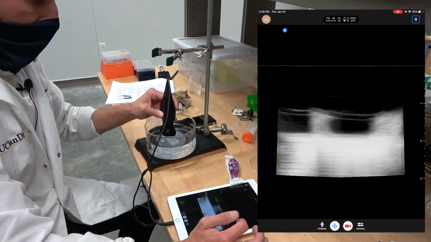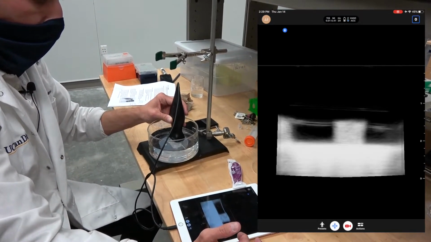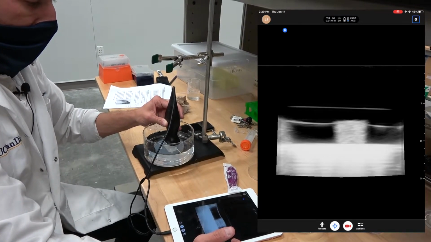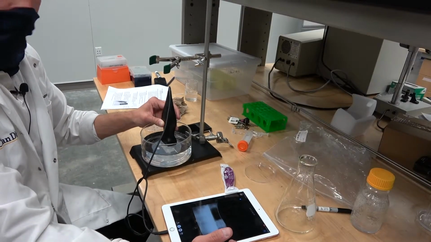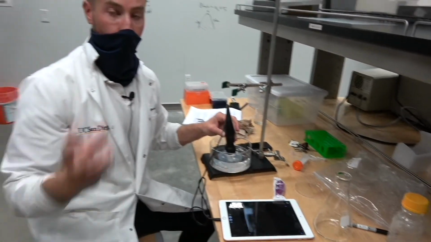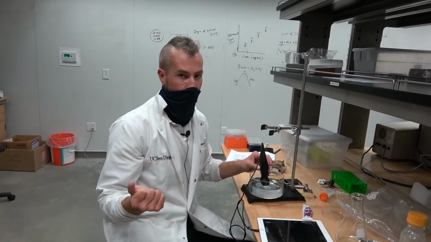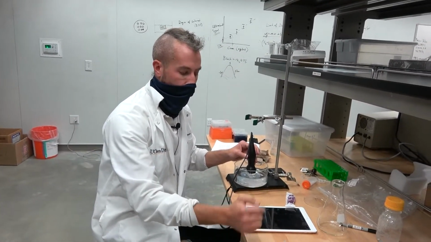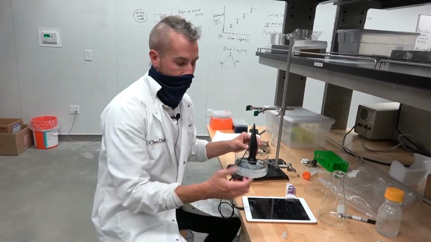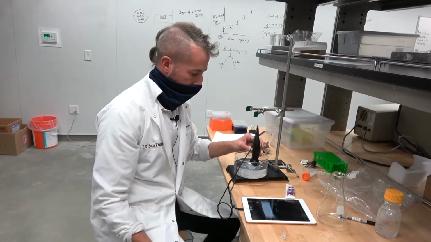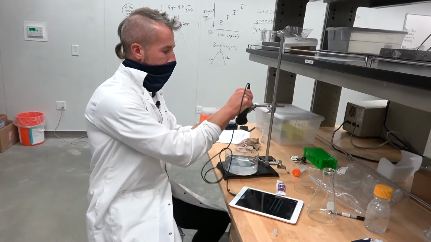Okay? And so one important thing is to get multiple fields of view, right? Because you want to have a mean and a standard deviation. So the only way to do that is to get multiple replicate images of each sample. Okay? So to be consistent,